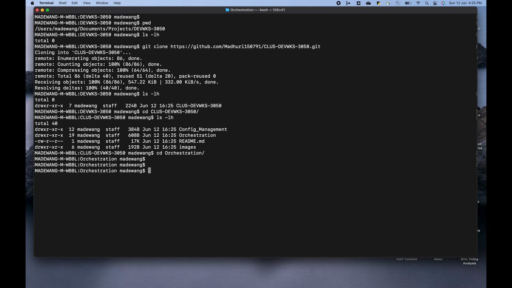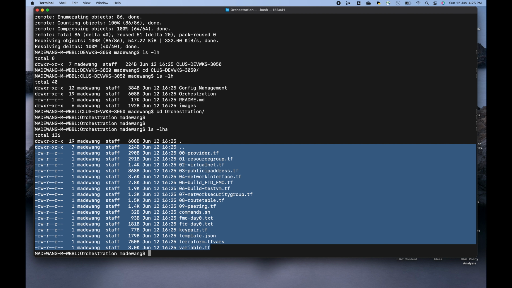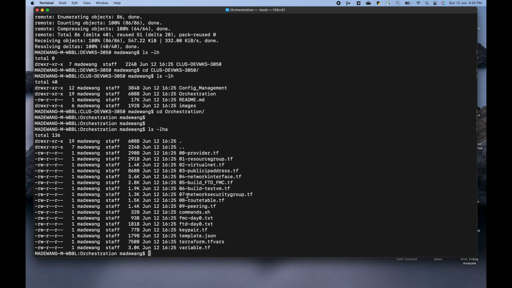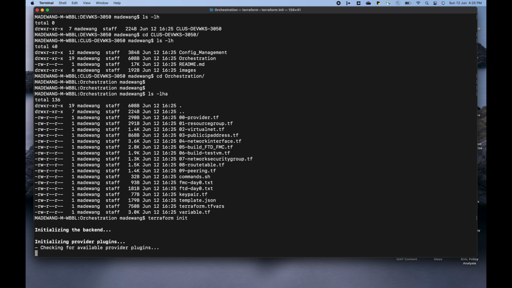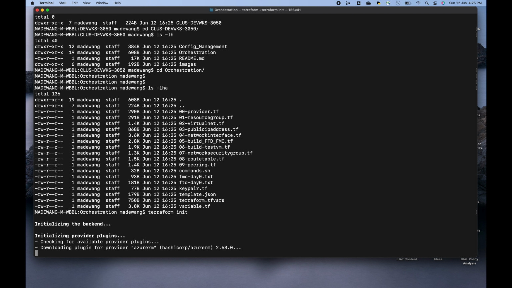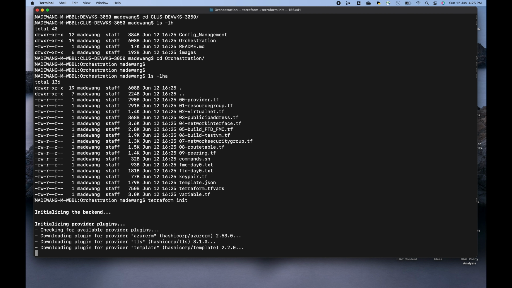In orchestration, we can see all the required template files are already available, but the required plugins to make those interactions are not present. Hence, we will go ahead and install Terraform plugins to make those interactions. As you can see, by running the terraform init command, all the required plugins are getting downloaded. For example, AzureRM, TLS, and template, which are required to make that interaction,